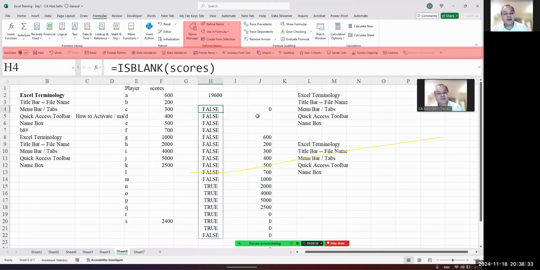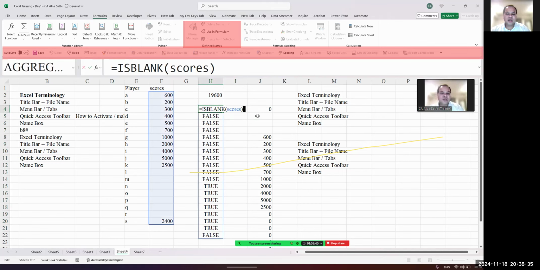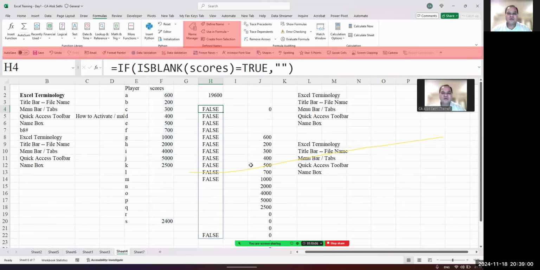अब हम क्या कर सकते हैं, we can apply a function over here कि वहां जहां पर भी वैल्यू ट्रू आ रही है, ठीक है, अगर इसका वैल्यू ट्रू आ रहा है तो I want to replace it with null। ओके, null value, ऐसा हम कुछ फंक्शन लगा सकते हैं, ठीक है। I am just trying if it works, let me see. If this is equal to true, then we want this value, else whatever is the value we want that only, so we will just put this only, ठीक है।